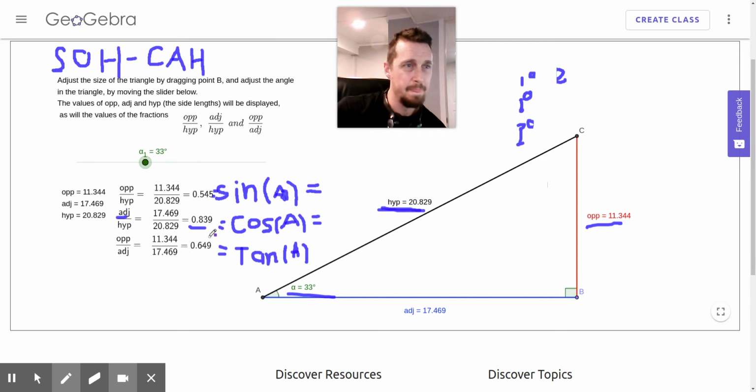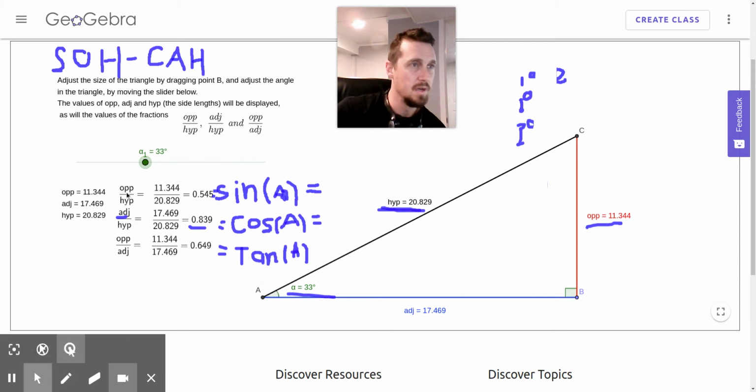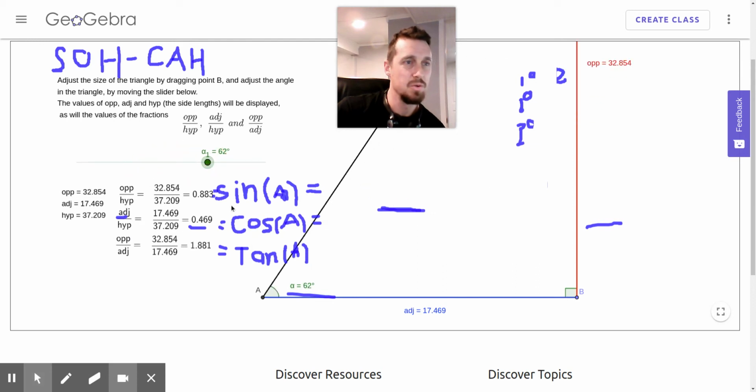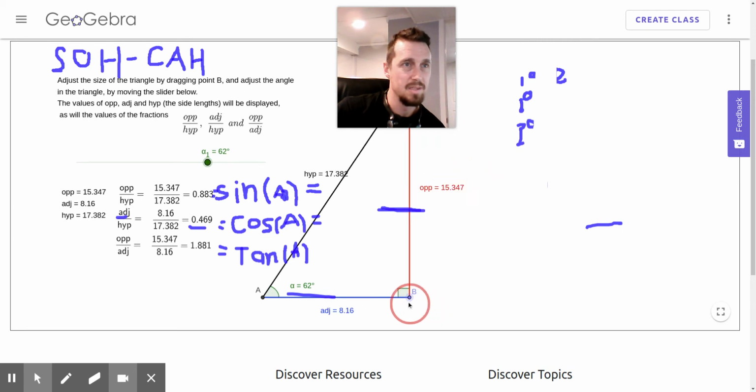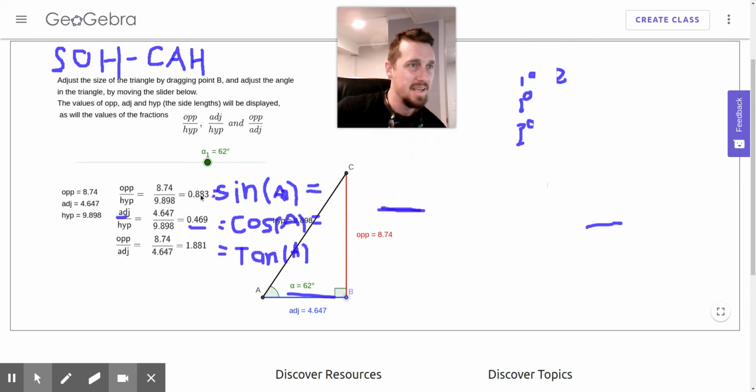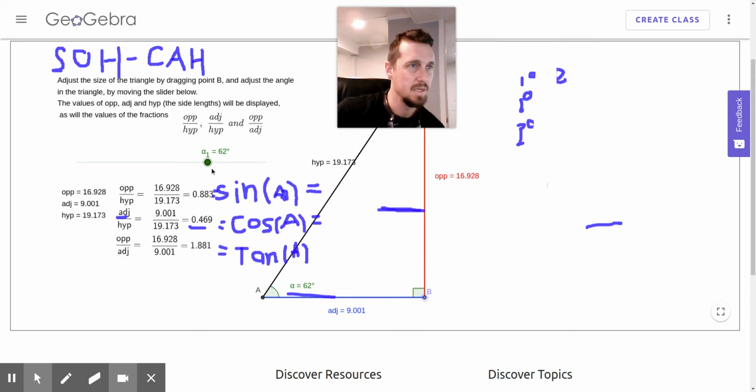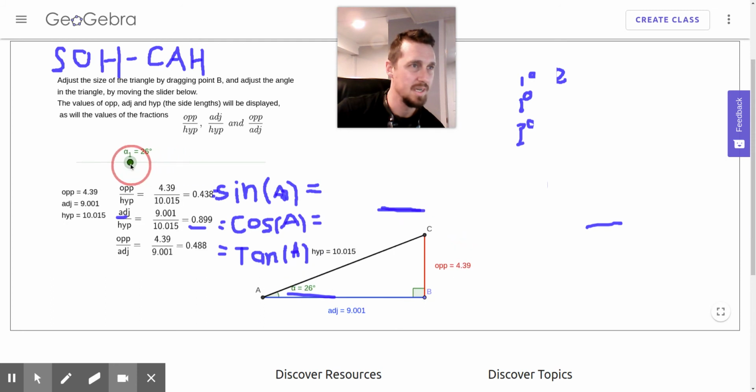And so if you knew that this angle was, here, let's change it up a little bit. Oh, this triangle's getting too big. I'm going to make it a little smaller so we can see it. If you had some triangle, I'm going to make a smaller angle so we can see the side lengths. There we go. So if you knew you had some triangle, and you knew that this angle was 26 degrees,